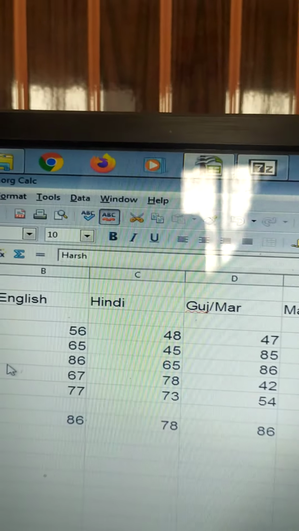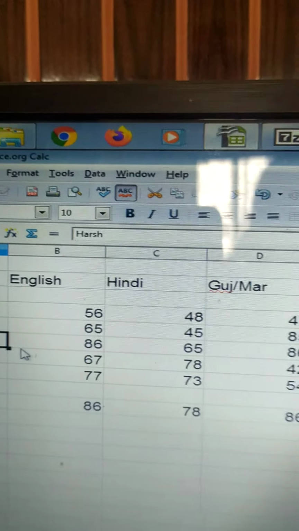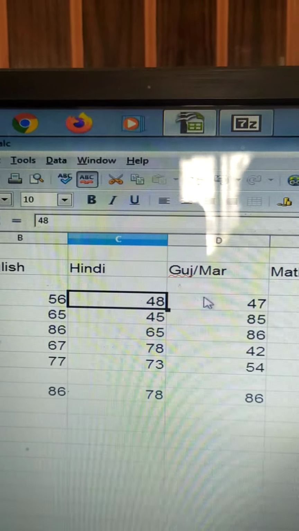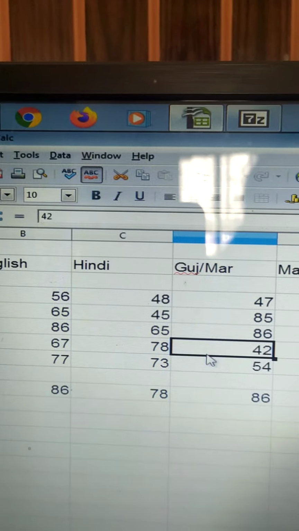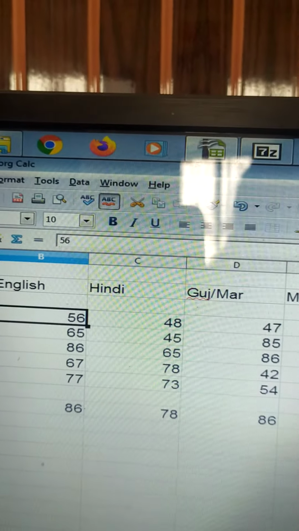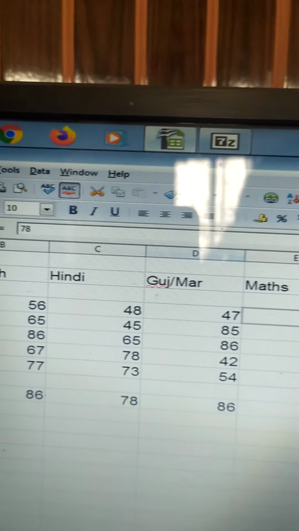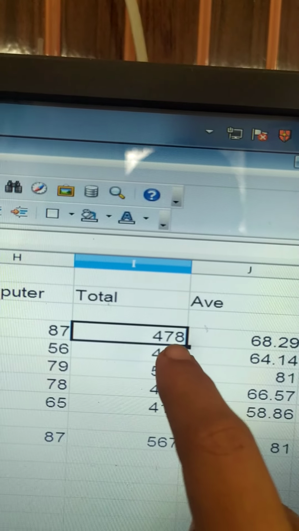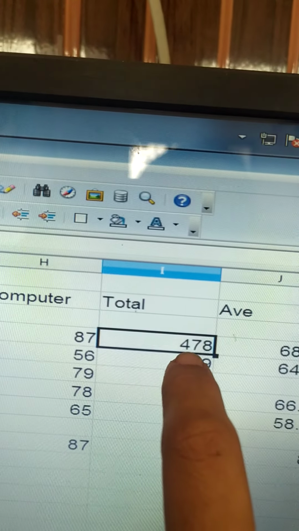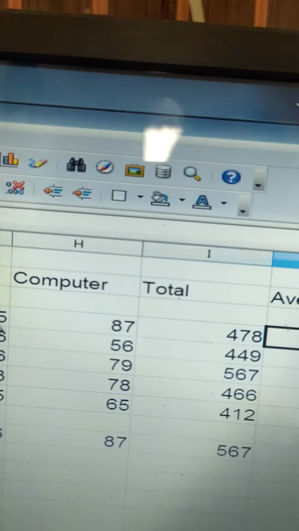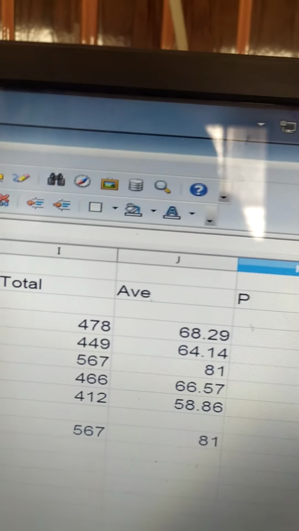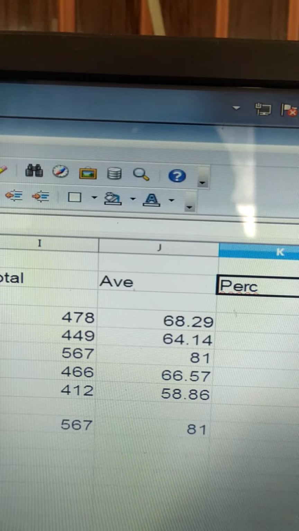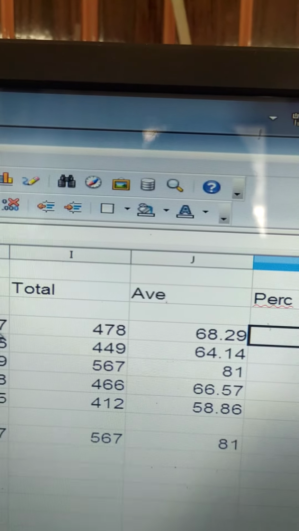Now ये तो सारे inbuilt formulas है. If you want to apply your own formula, खुद का अगर formula apply करना है तो वो भी आप लोग कर सकते हो. If suppose now I want to do total, it is 476. अब suppose मुझे इसका percentage निकालना है, so I'll have to apply my own formula. So what will I do? Percentage